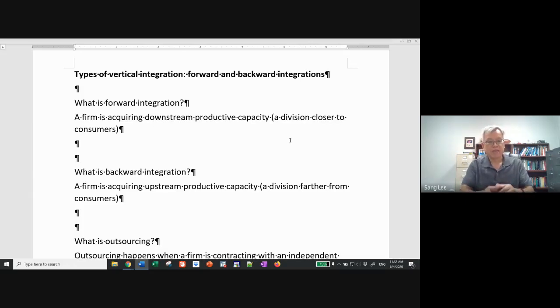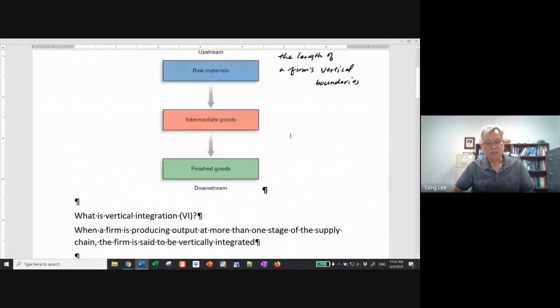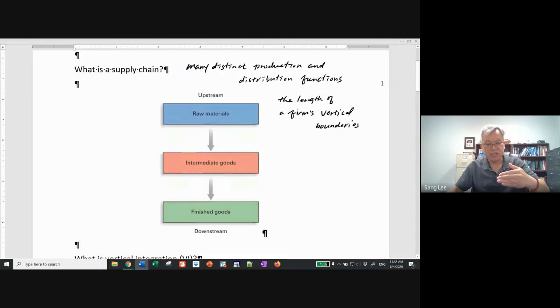So once again, forward integration means, let me go back to the figure here, you are acquiring capacity closer to downstream, closer to the consumers. So we say it is forward integration. On the other hand, if you expand your supply chain toward upstream, toward the acquisition of raw materials,